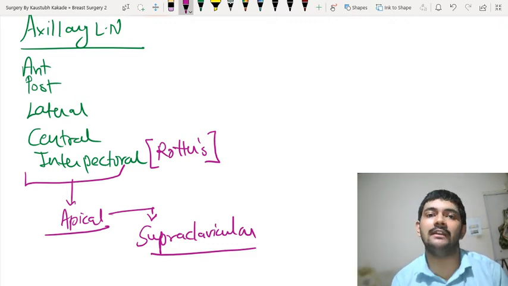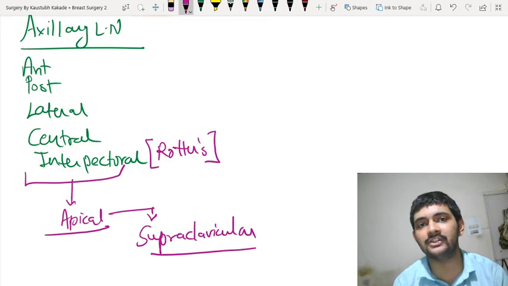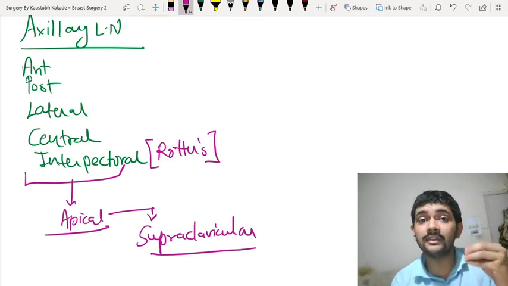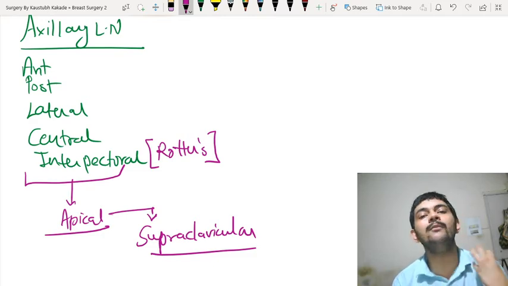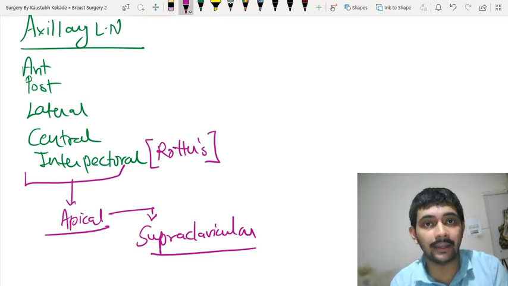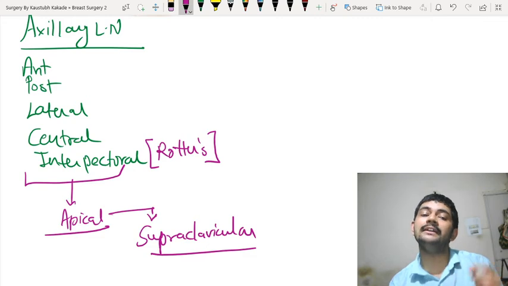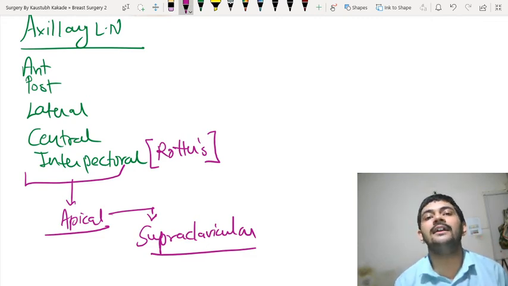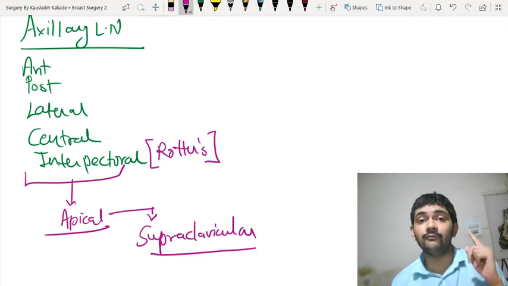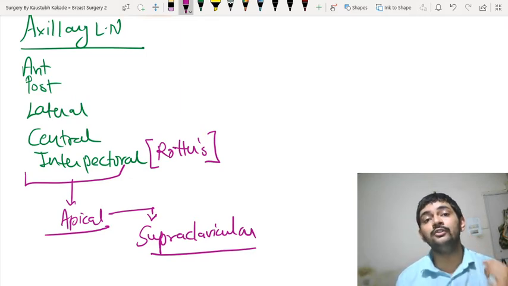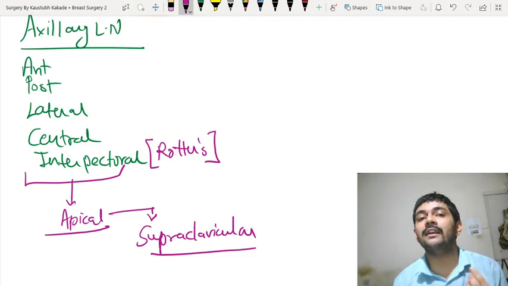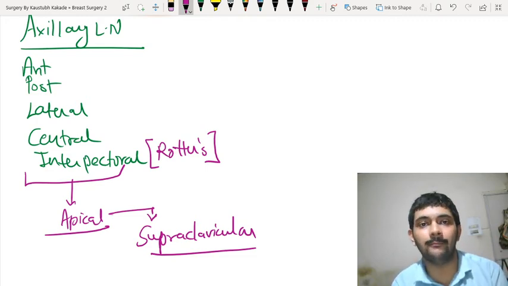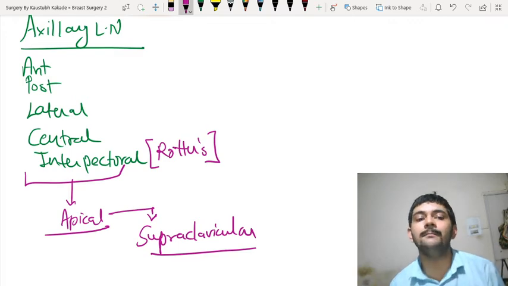Not only in a lean individual, but it is especially important in obese patients. Why obese patients? Because we know the axilla has a large amount of fat. So in an obese patient, definitely more fat will be present over there, and even a small swelling of a lymph node may get hidden within that fat. That's why you should check: you may have a palpable supraclavicular node without an axillary lymph node being palpable, right? So that is the importance.